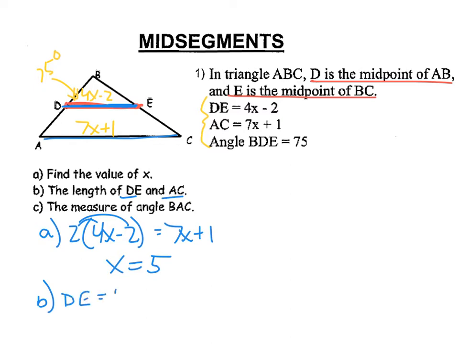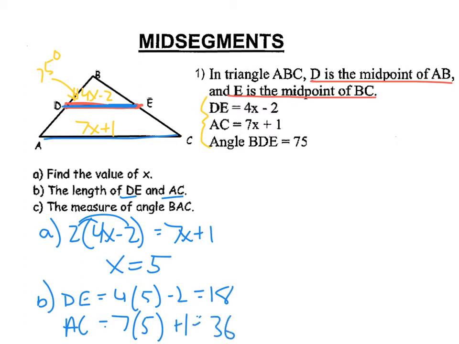DE, if I plug in the 4 times 5 minus 2, that gives me 18. And if I plug in for AC, that gives me 7 times 5 plus 1, which is 36. And again, the goal there is to just check out the nature of the lengths. We see here that DE is indeed half the length of AC. And that's the way it should work out, so that's kind of how we can check that our X value